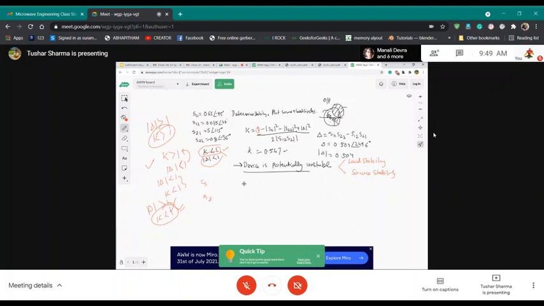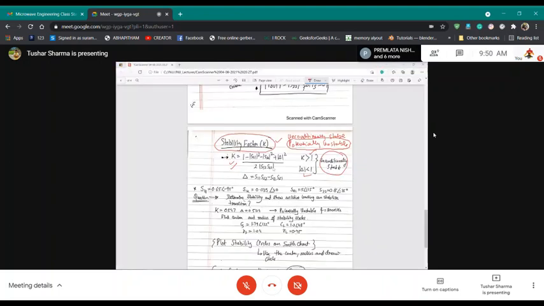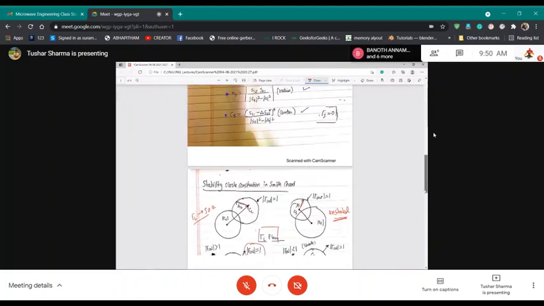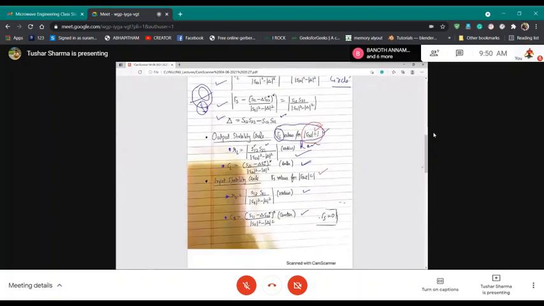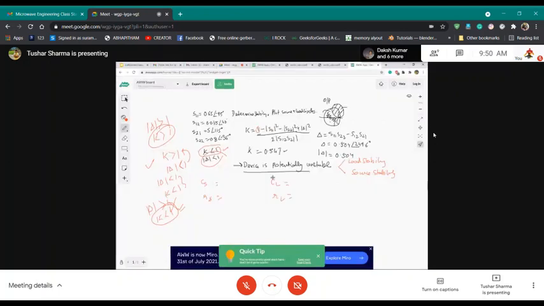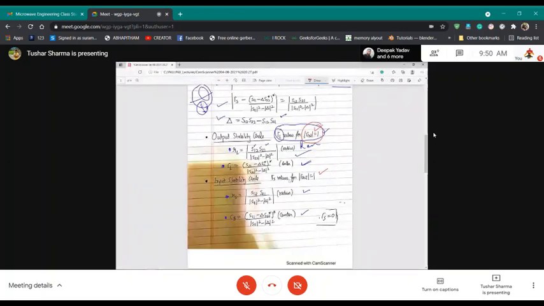So now once you have that, you will calculate CS, RS and CL, RL. So for CS, RS and CL, RL we have to look at the formula again, what it was. So let's go back here. Okay, so magnitude S11, S21, S22 minus delta. Okay, so first we calculate CL and RL.